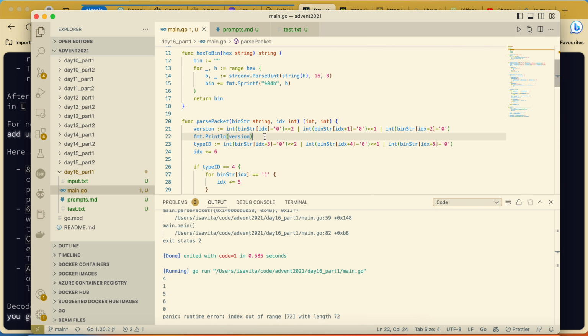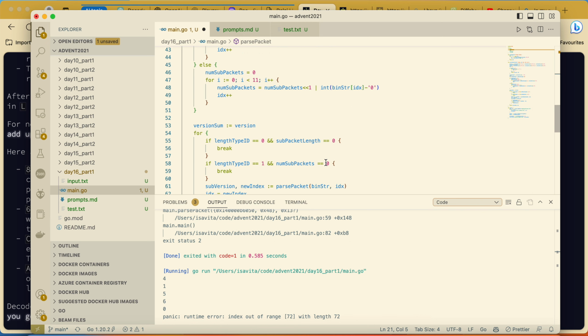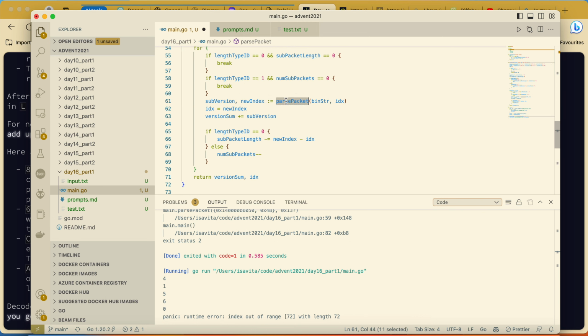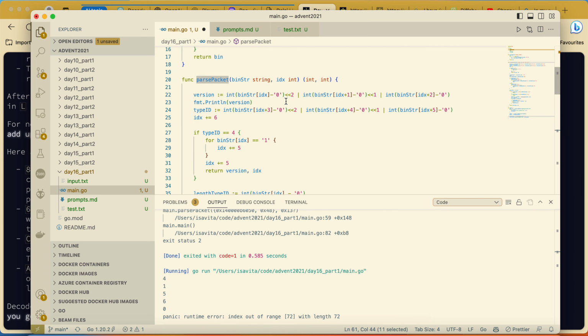I mean, here, if we came at the beginning of the function, we're calling it recursively to parse all the packages.